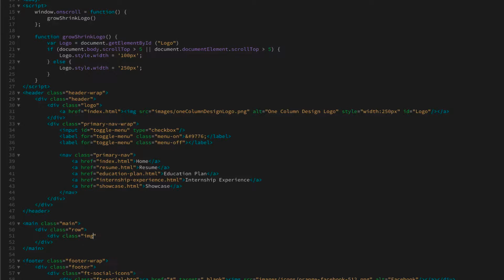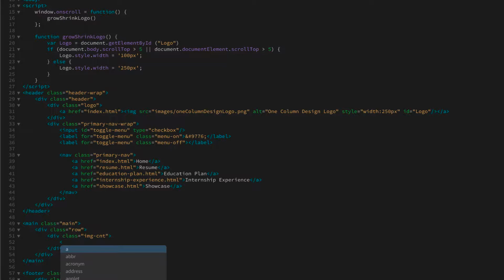So div class image, and then -cnt for container. Okay, I'm abbreviating container so we don't have to type that out every time. So hit the right caret there, and then hit the enter return key. And then we are going to type in the left caret, and this is where we're going to insert our image. So I'm going to go img